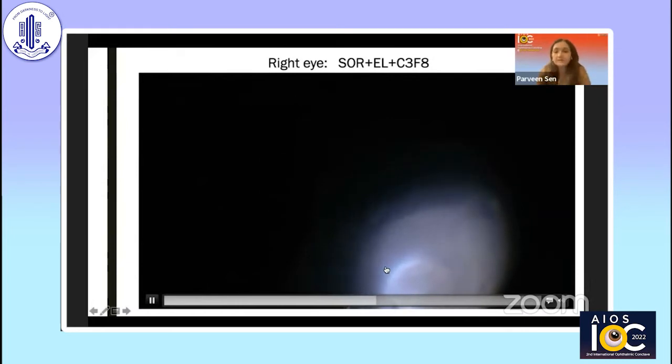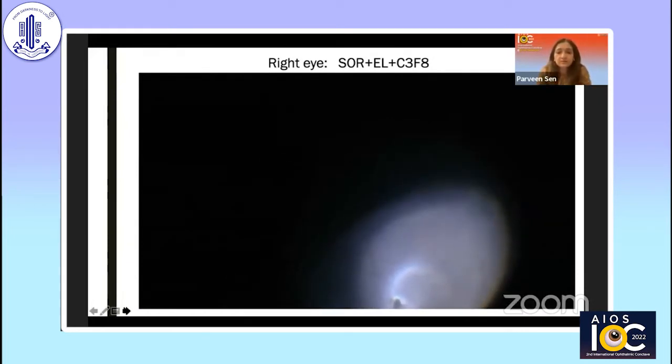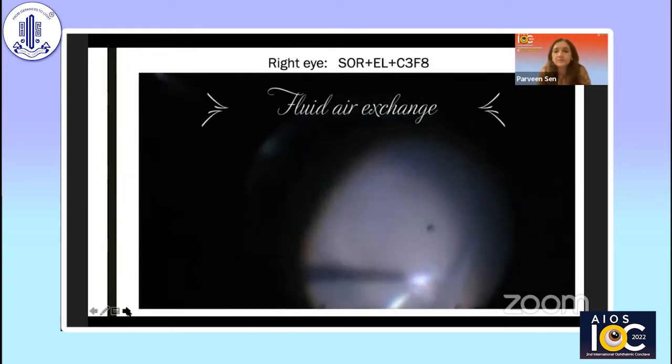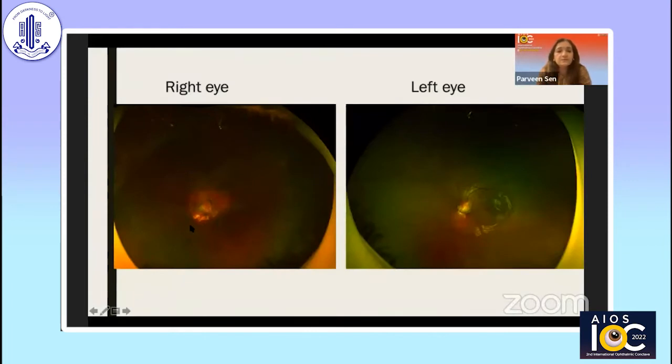First time when I did surgery, I injected oil because of the extensive nature of the retinal detachment. And it was a young child, 4-year-old. So I thought a longer tamponade would be a better idea. But then I ended up having this subretinal silicone oil, which needed resurgery then. So following the second surgery, now the retina is well attached and the optic disc pit is closed and the